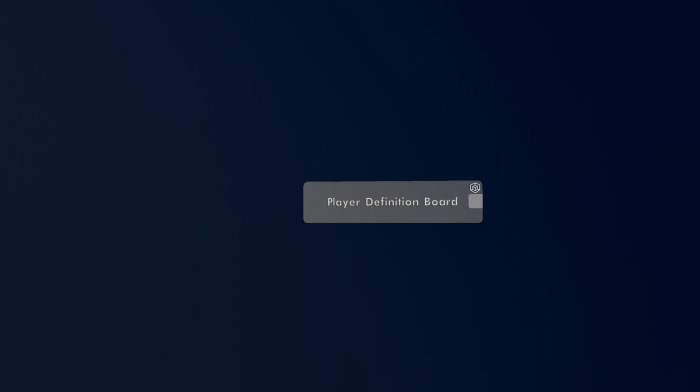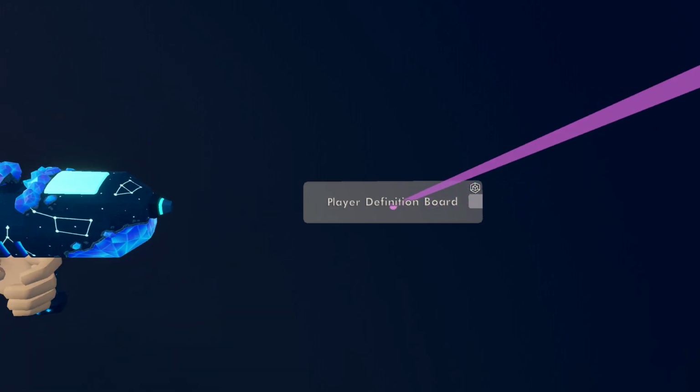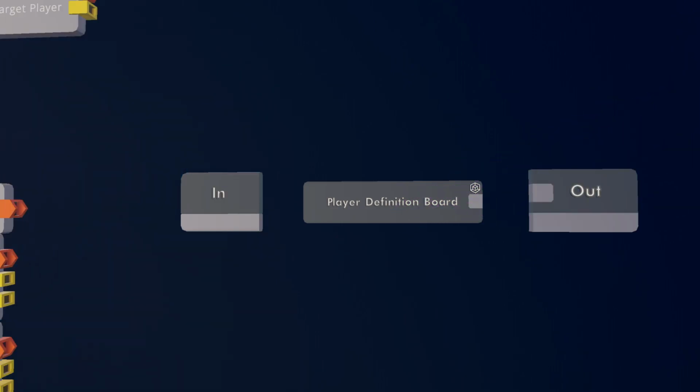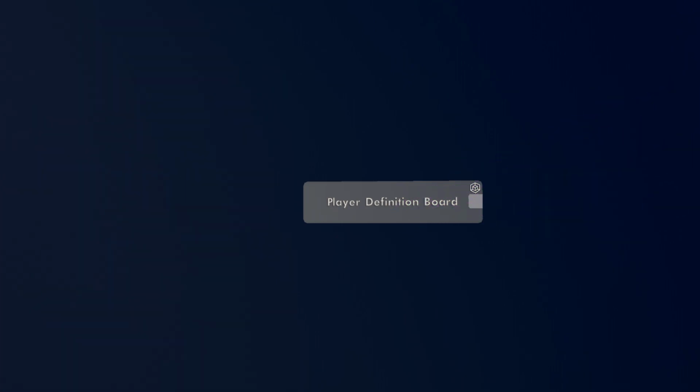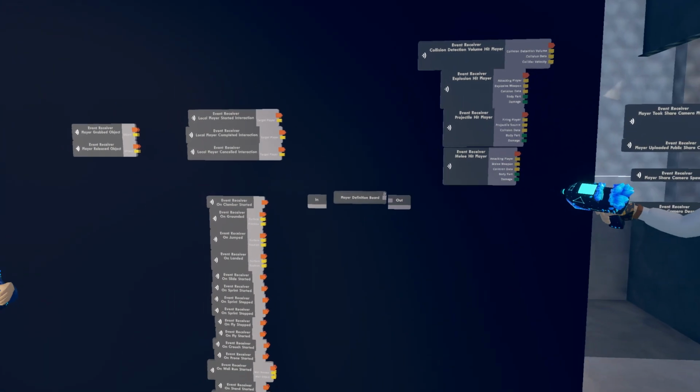So the way that you set which chips are in that board is you use the player definition board. This is just like an example chip that you take, and you put your chips in it, and you wire up whatever you want inside of the chip. It's just a circuit board, just like a regular circuit board, with the chips inside of it. Then you can configure it and turn it on for the room, and it will take that definition board and copy it out for every player in the room, and it'll just put a copy of that above everybody's head, basically.